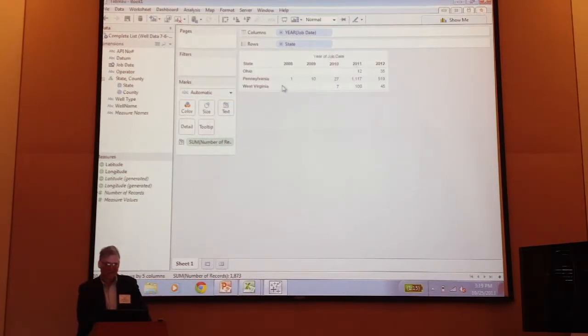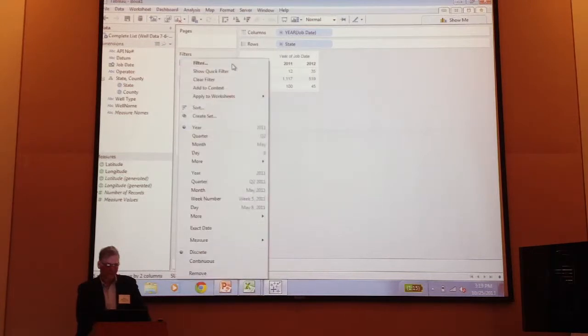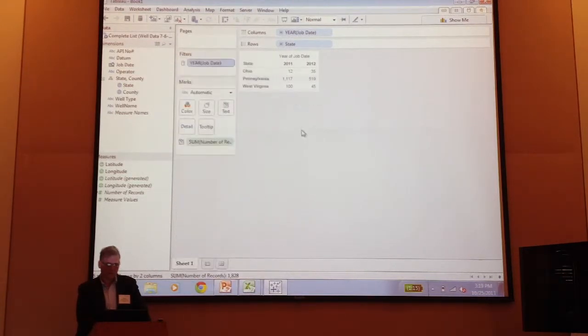So the first thing I'm going to do is carry state out here. I just drop it there. Okay, those are the 3 states involved in this set of data from Marcellus. And I'm going to put the number of records on there. And so Pennsylvania is the big winner in terms of total numbers out there. And I'm going to add